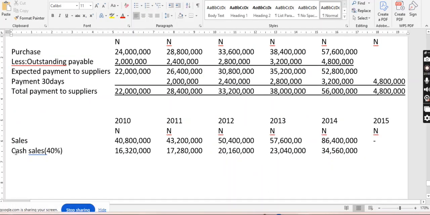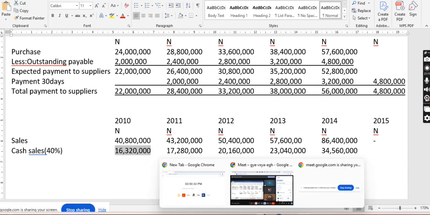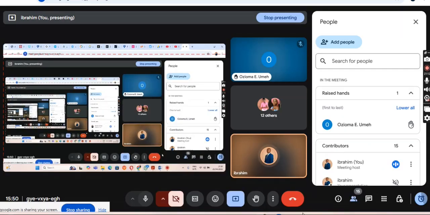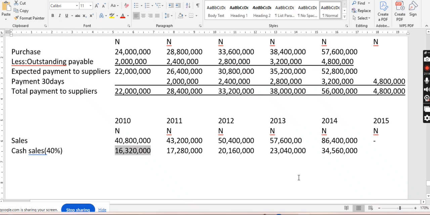And don't forget, let me repeat this again. This is the yearly, right? And this is the yearly cash sales, right? We'll do it in the other way around, right? That would be the alternative. Now, before I move on, Uzoma,